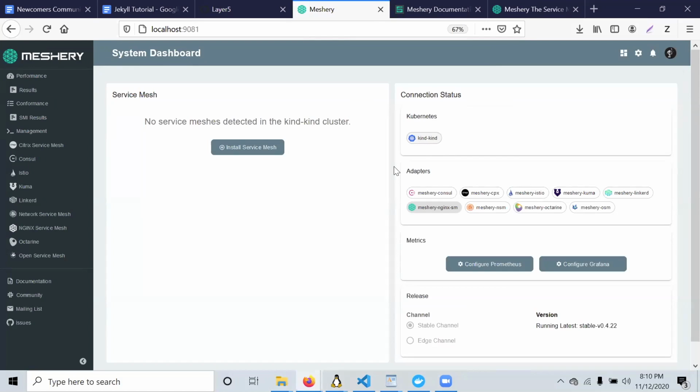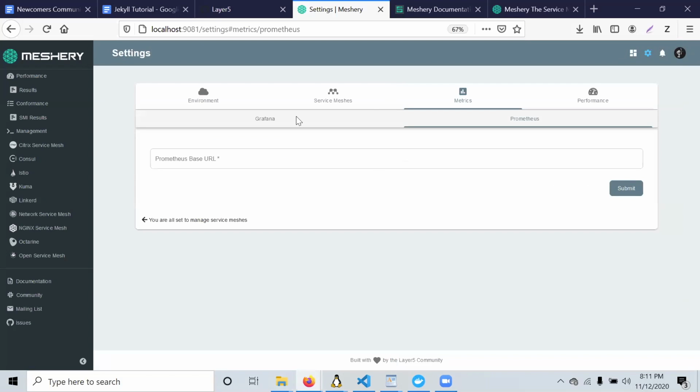After that, if you have a Prometheus or Grafana setup, go ahead and configure it. Again, Meshery should auto detect that, but if it doesn't, you can go ahead and upload your API key for Grafana, or your URL for Prometheus, and it'll get you set up.